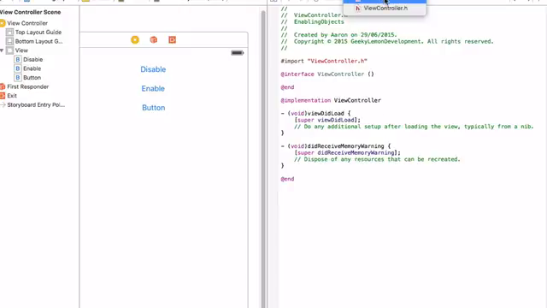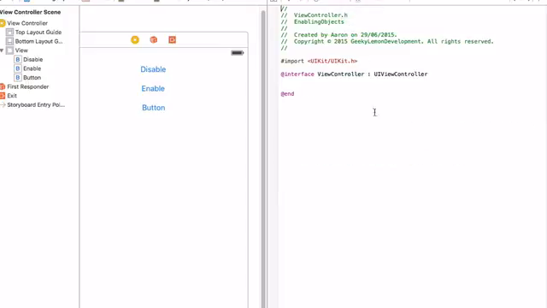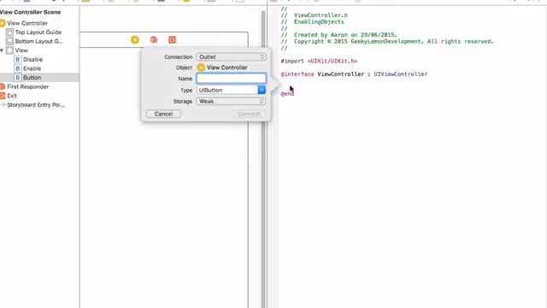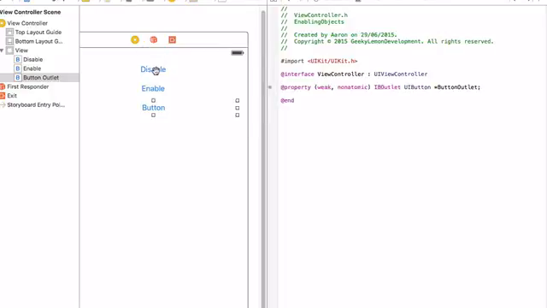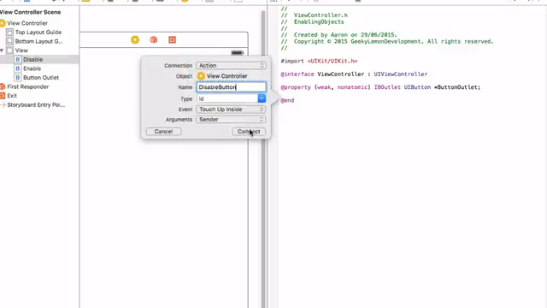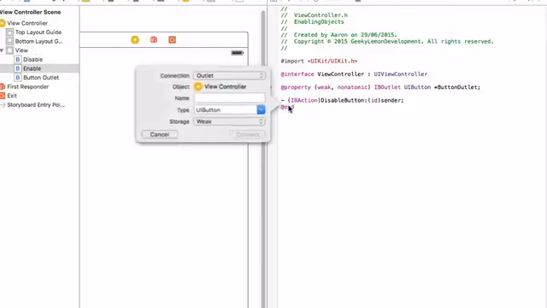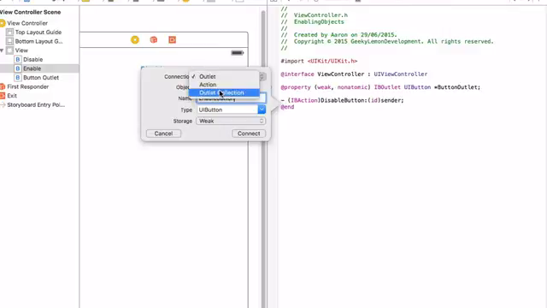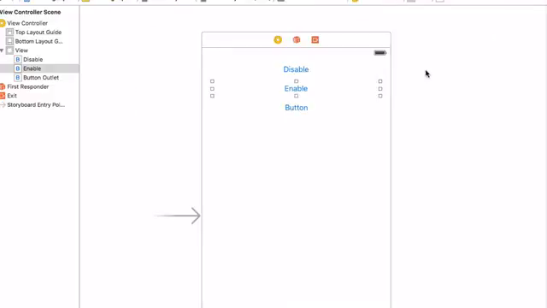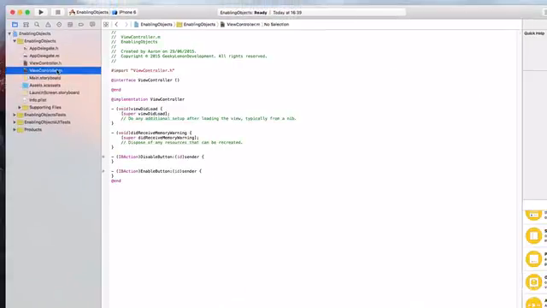So in the interface, assistant editor, bring up our viewcontroller.h, and we're now going to place an outlet for this button. I simply name it button outlet, and then I'll create two actions for our disable button, making sure it's an action, and then one for our enable button. So enable button, changing that to an action and connect that up. Once you've done that, we'll close that, bring up our standard editor, and then jump straight into our viewcontroller.m,